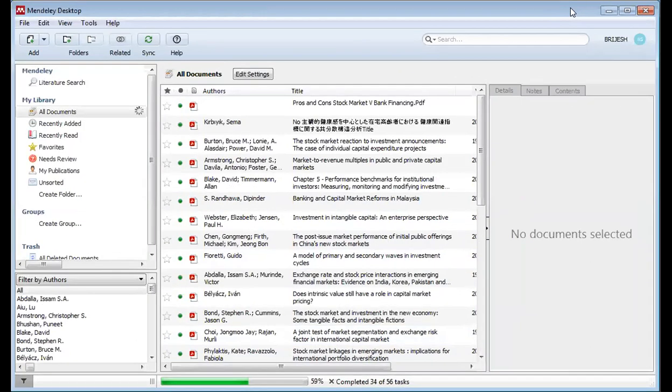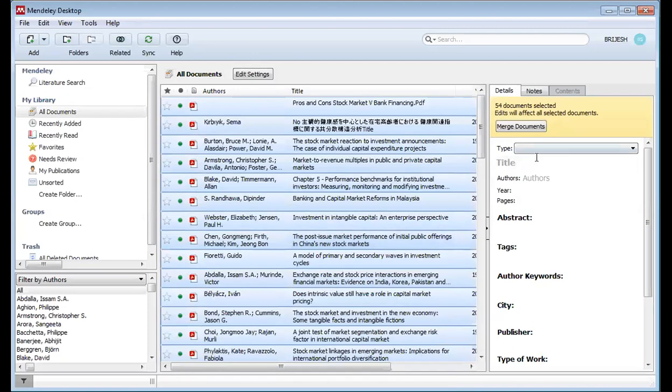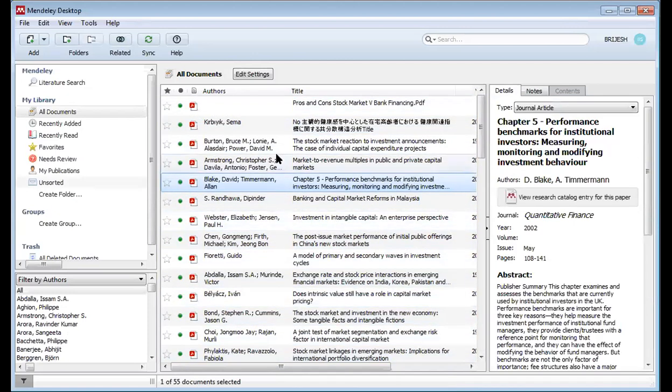It will take some time because it is loaded through the internet, so based upon your internet speed, it will get refreshed there. Once it is uploaded, you will see the number of files which were in the folder, and you can find that yes, it is all uploaded. Then you can give the Synchronize option. In synchronize, the software will try to capture all the details, like which journal it is, who was the author, which year it was published, and many other details which you need for citation purposes.